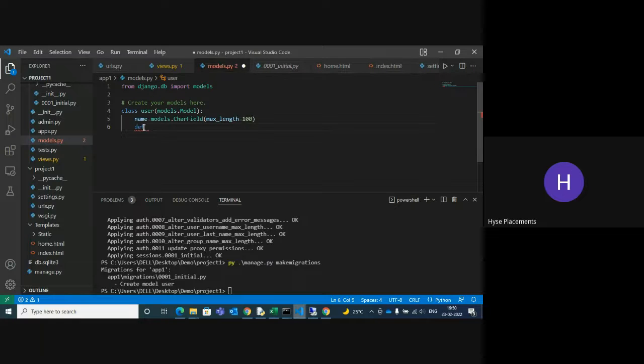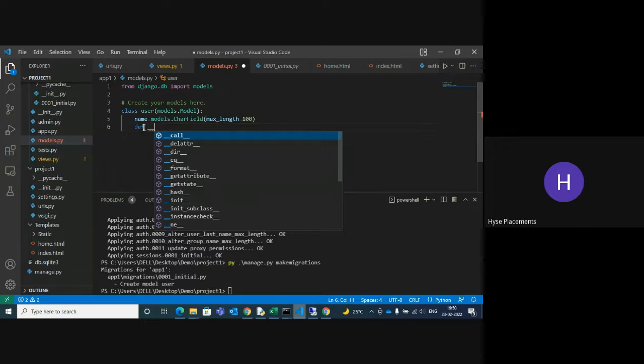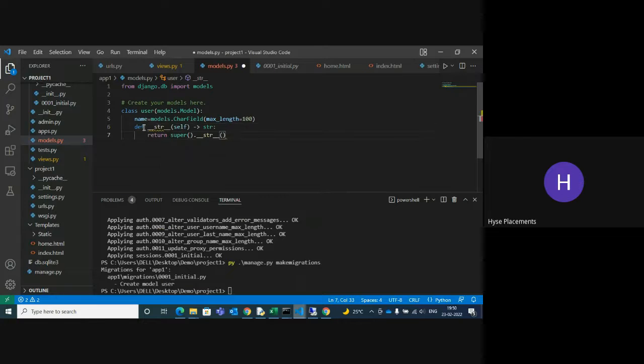You can return the string value, or otherwise you can use this string dot super, what is the name.